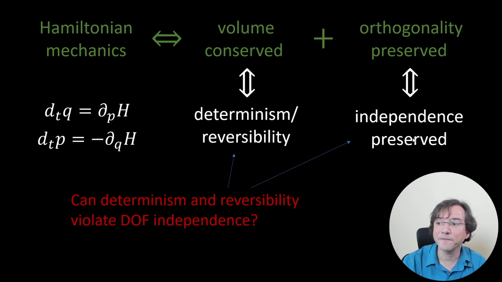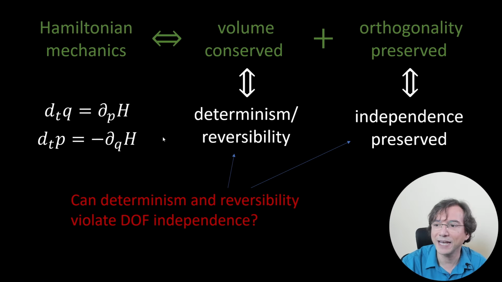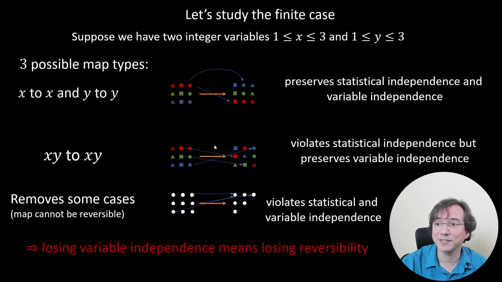Now, when we have a deterministic and reversible map, is this preservation of independence something that is there already in the assumption of determinism and reversibility, or is it an extra assumption, in the sense that we could have determinism and reversibility without preserving the independence of the degree of freedom? And it turns out that you don't need an extra assumption, and let's look at it in the finite case